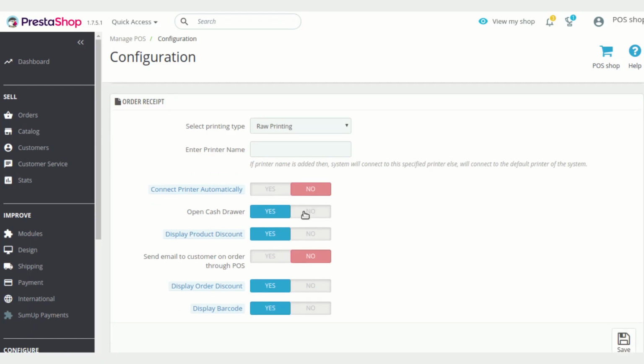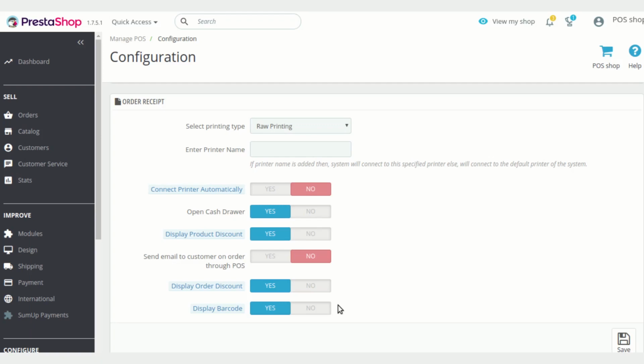Open cash drawer. In case you enable this option, then while the employee proceeds to check out with an order of a customer, at the end a cash drawer will be automatically opened while the order is confirmed. In case you disable it, then he will need to manually open the cash drawer.